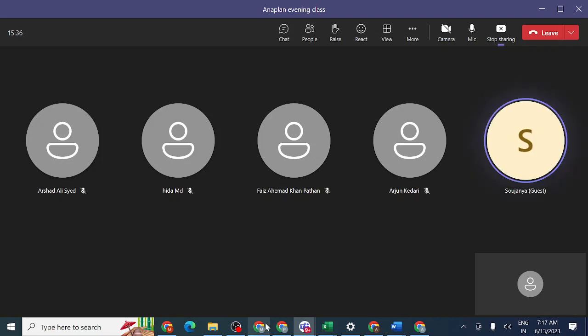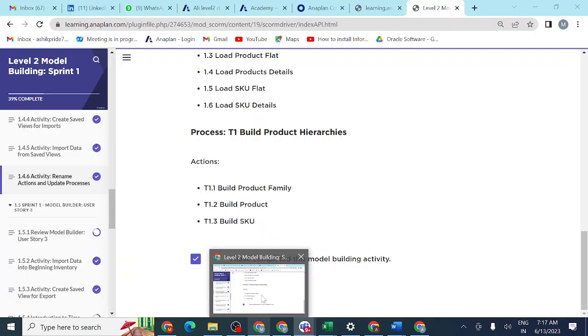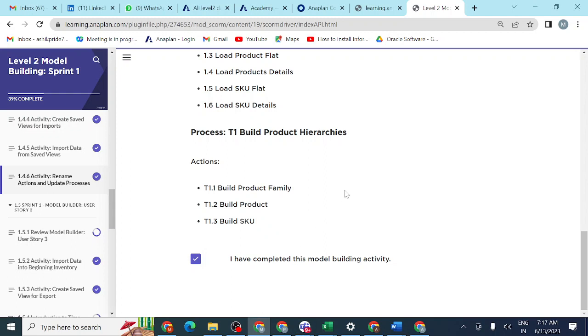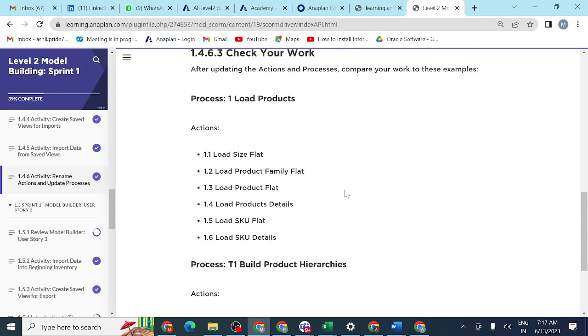Actually this one is a little tricky. We should clearly understand each and every step, and we should add these actions to whatever process they are providing. We should insert each and every action into this process and run it. Before adding the actions, we should rename them. Each and every action, what they are guiding, we should rename.